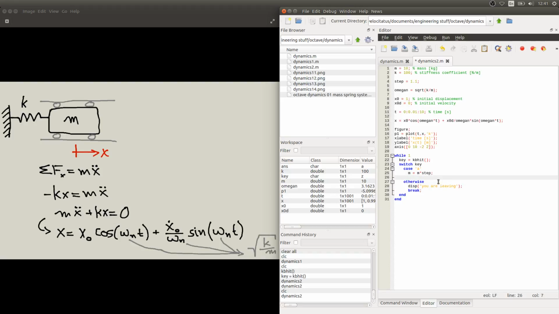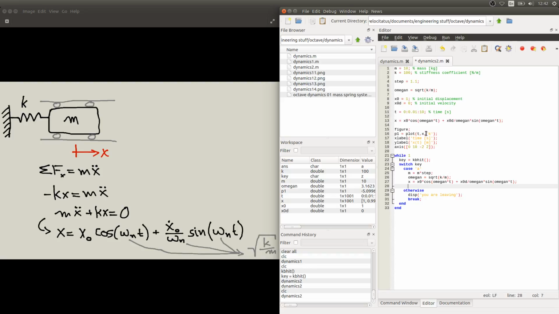With our new value of m, we need to update our value of omega n, because it will be a different value as m changes. And with omega n, we can now recalculate the response. I'll just copy and paste down here. We can recalculate the response x, because as we change m and that incurred a change in omega n, our x is going to change accordingly. Now we can update our plot,